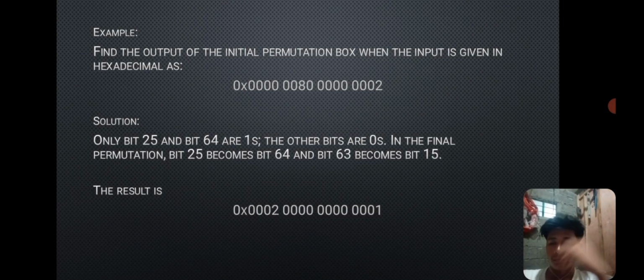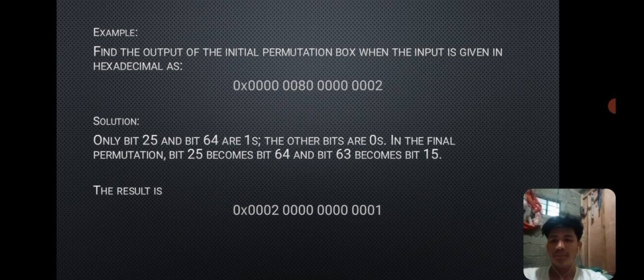Example: find the output of the initial permutation box when the input is given in hexadecimal as 0x0000008000000002. The solution: only bit 25 and bit 64 are 1s. The other bits are 0. In the final permutation, bit 25 becomes bit 64 and bit 64 becomes bit 15. And the result is 0x0002 0000 000